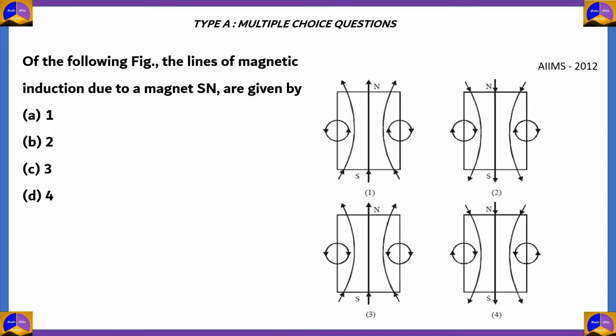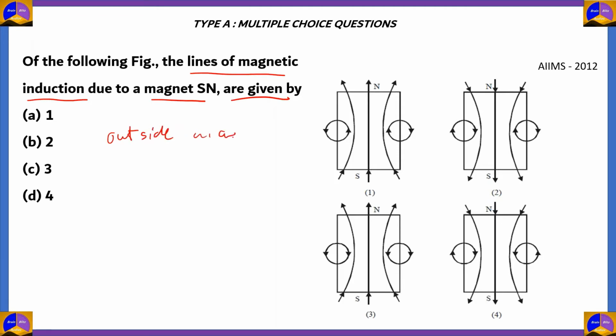Next question. Of the following figures, the lines of magnetic induction due to a magnet south to north are given by, and we have our four options, 1, 2, 3, 4. So what are the conditions for magnetic induction due to a magnet? Number 1,